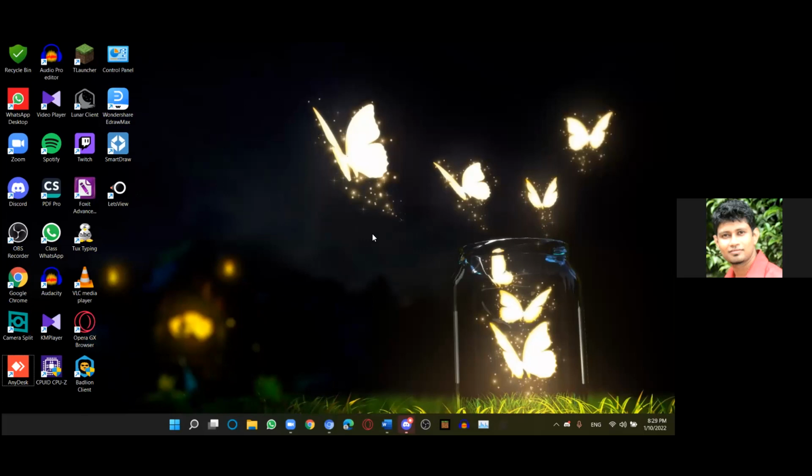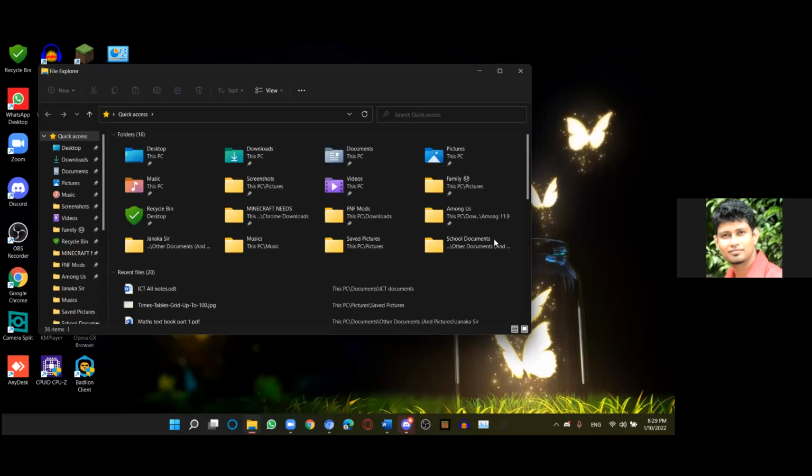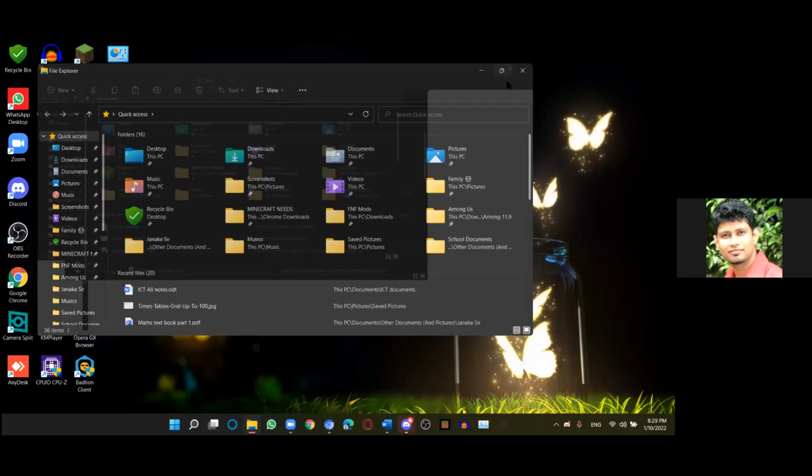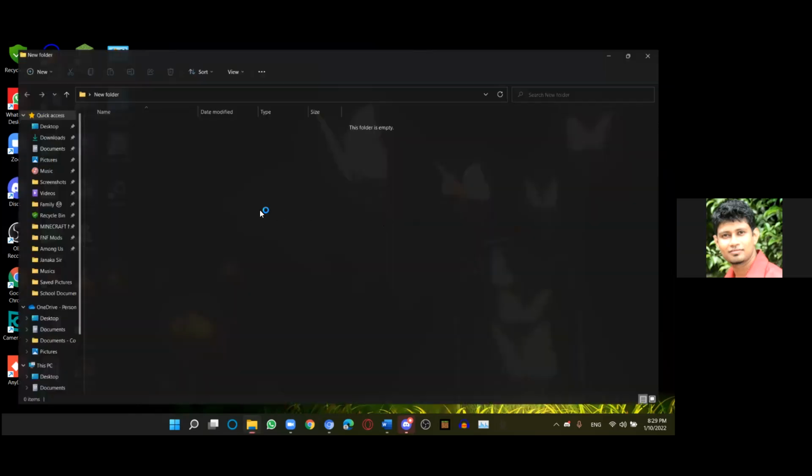Okay, first thing is creating folders and files. Can you show that again for those who missed? Right click. Yes, please go to the desktop. Within the desktop, let's create a new folder first and go inside that. If you want to create a new folder, what is the shortcut for creating a new folder?